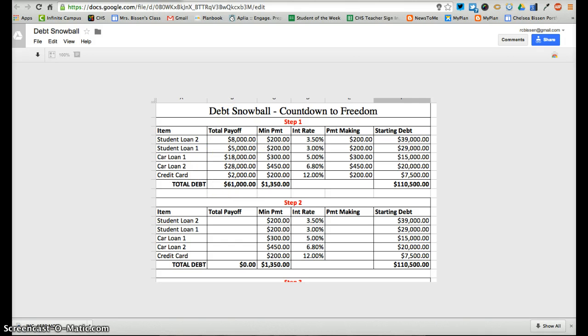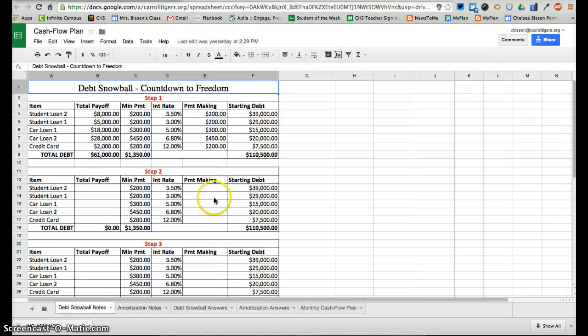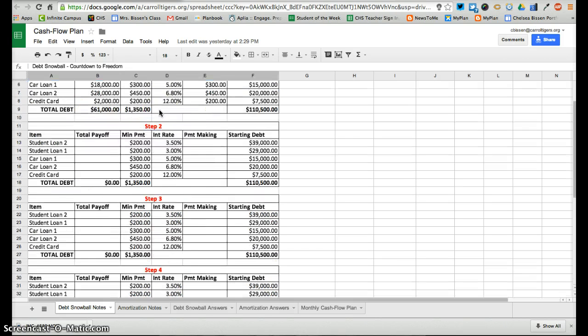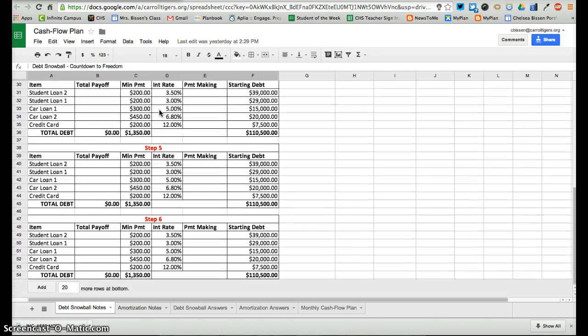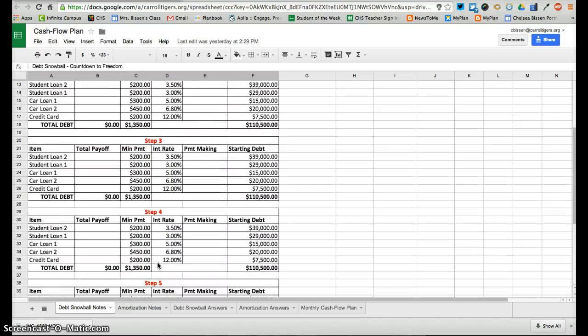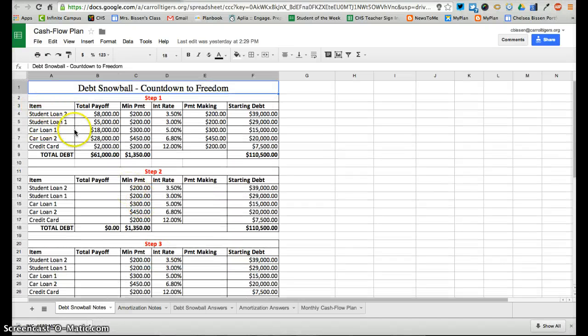Okay, so under your debt snowball sheet down here, you should say debt snowball. I want you to have steps 1, 2, 3, 4, 5, and 6 set up. You'll put these numbers in exactly. You can just enter in information from here to here. Okay, get it